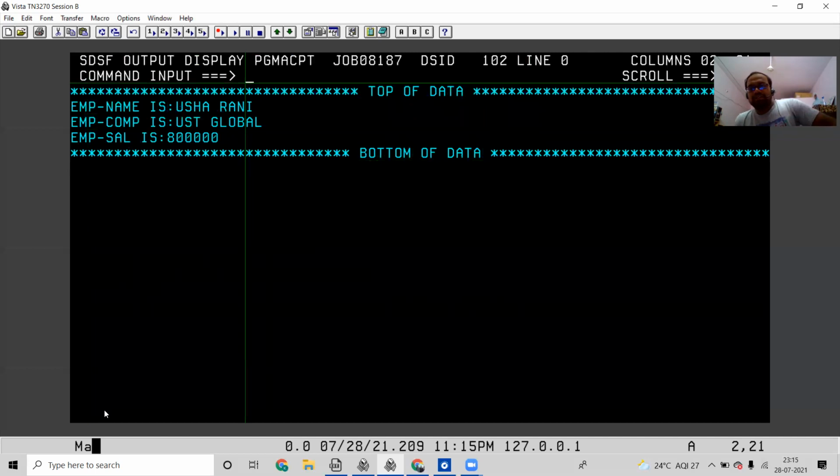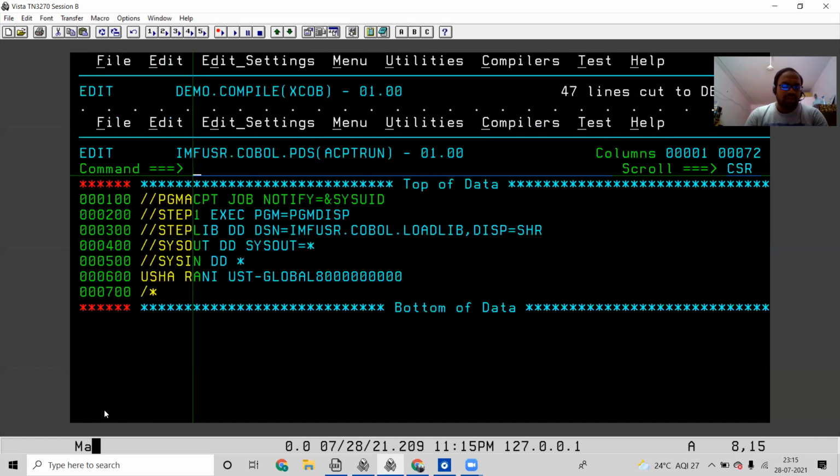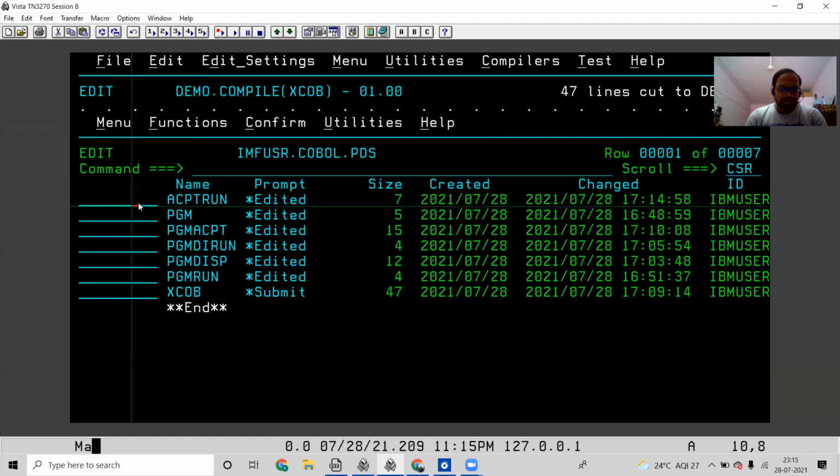Okay, one thing, Usha: whenever we are passing the data dynamically, whatever the data length may be, it will take only the specified length in the variable. If you are passing the data by using a move statement, then data truncation will happen. For example, in the same program, we can do it like this also.